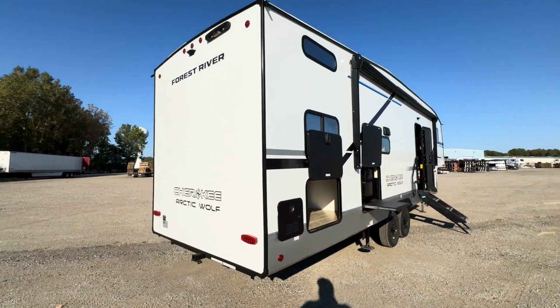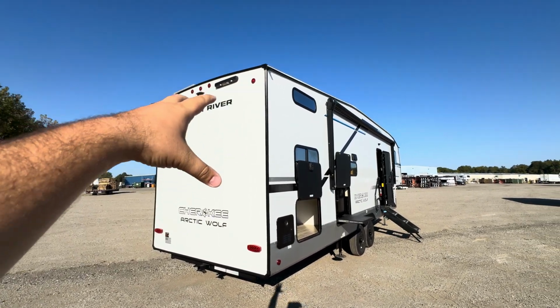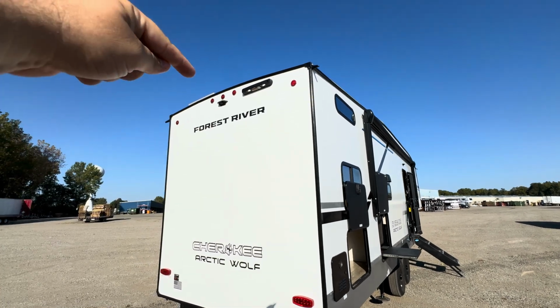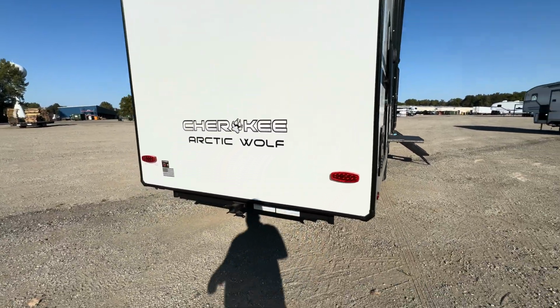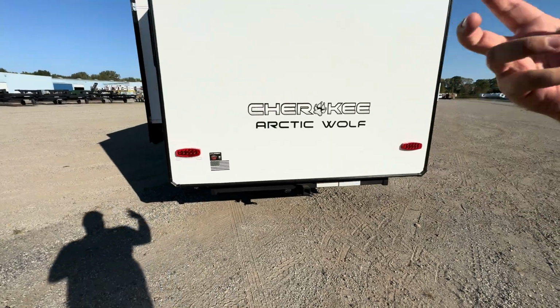And then on the back here, you're going to see you have the Lippert on-the-go ladder system to get on top of your fully walkable roof. You're also prepped up for that observation camera. And then this right here is going to be that 100-watt solar panel, if you can see that. 2-inch receiver with a 4-way flat. So you're going to have 300 pounds of hitch weight, 3,000 pounds